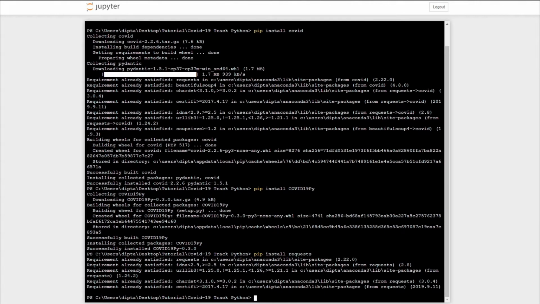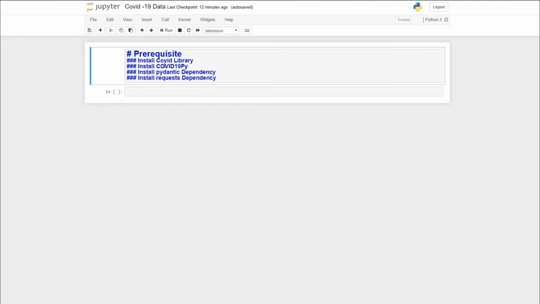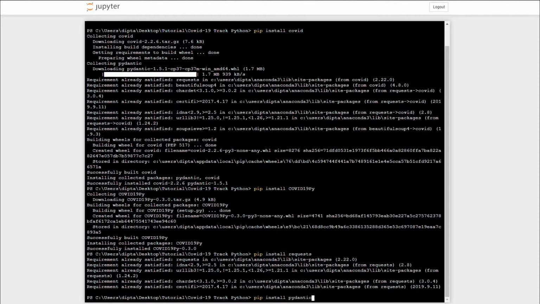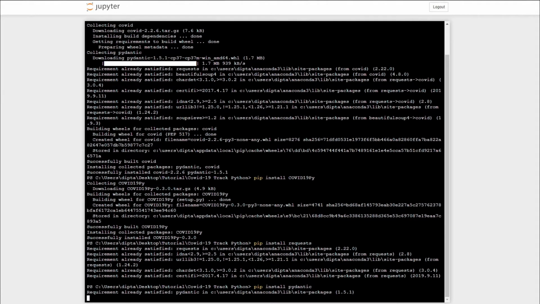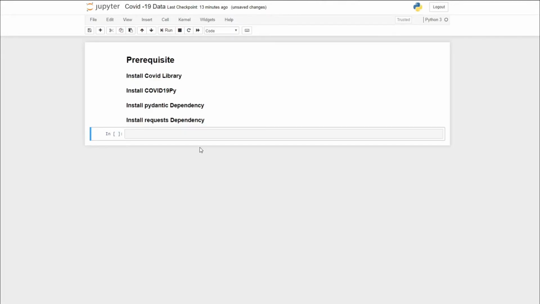This is already installed on my device, and now the last one is pip install Pydantic. Let me just copy it from here. And this is also installed on my device. After installing these four things, now we will see how to write code on the COVID library.